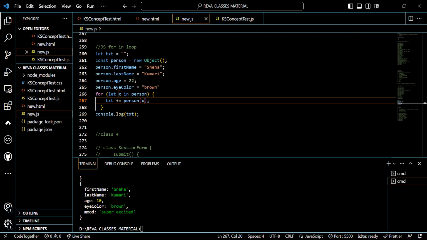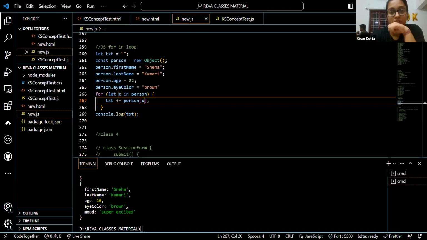Same person have first name, last name, age, and eye color, and it is appended to a text string. So the object will be Sneha Kumari 22 brown, ma'am. Okay, good. Fine. So I see multiple responses, and there are people who have